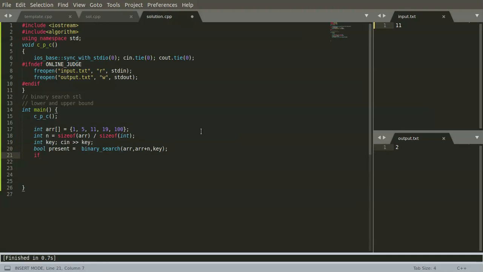If present is true, then we can say that the key is present in the sorted array.